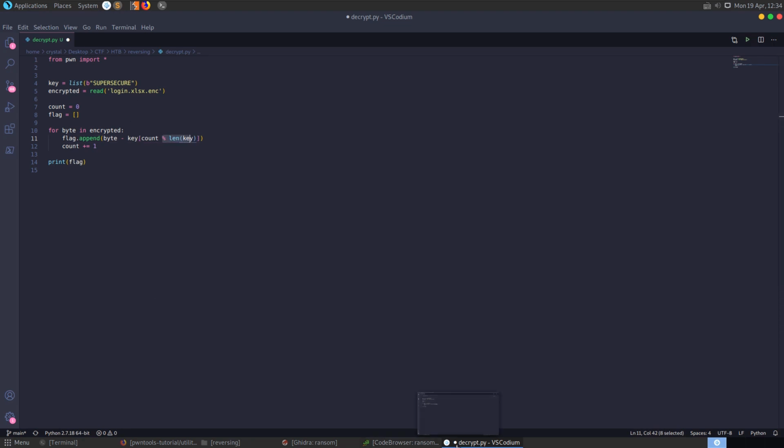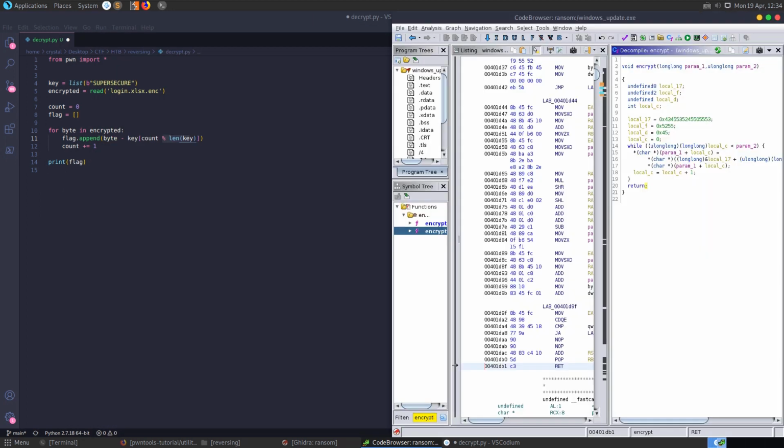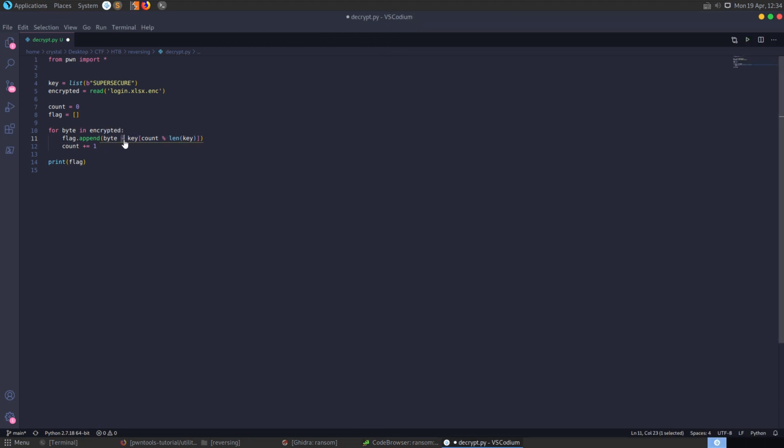Let me try and bring this back over, see if we can compare them. So we can see it right here. This is basically the same loop. We're looping through each byte in the file, just like we are here. We have our key defined right here, just like we do in Ghidra, and then we're looping through, and each time, instead of saying we want to add that, we're now saying we want to subtract it,